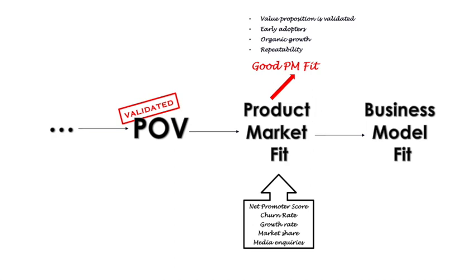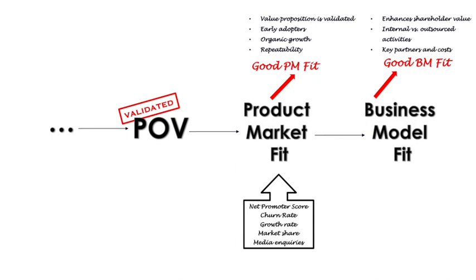As the product gains traction with good product market fit and value proposition becomes clear, the focus shifts to identifying a business model fit. This is where you figure out how to grow your market share and revenue while enhancing shareholder value. Key activities that can be done internally versus those that are outsourced, key partners and cost components are identified and refined. Supply chains are optimized, distribution networks are established, and strategies to fine-tune operational and production processes and customer acquisition are